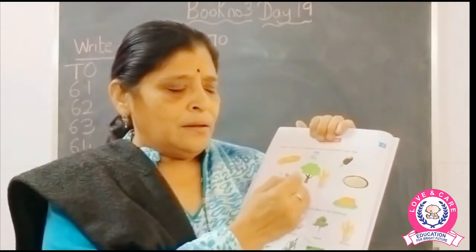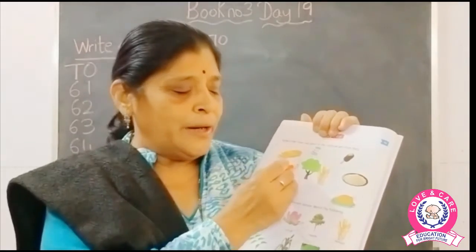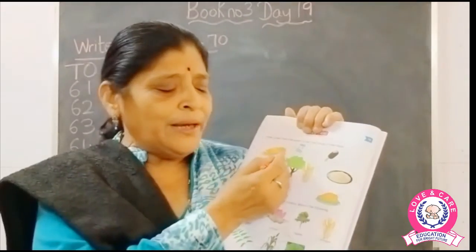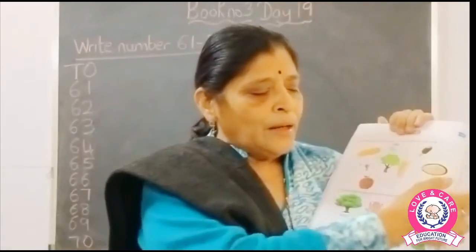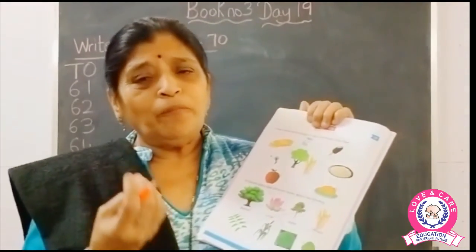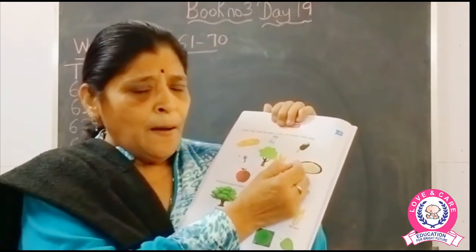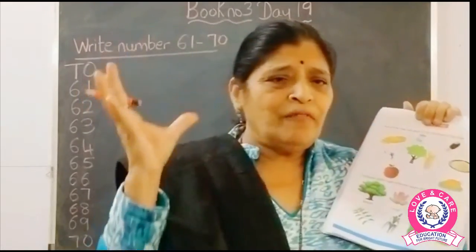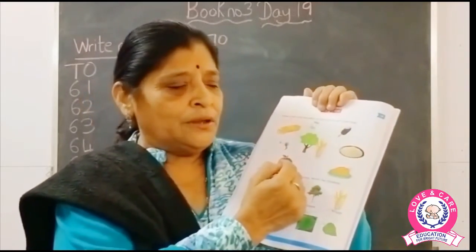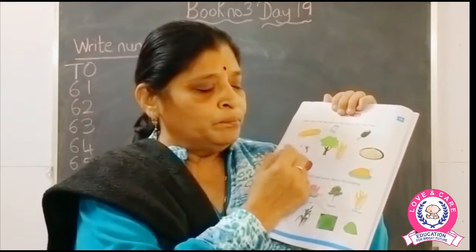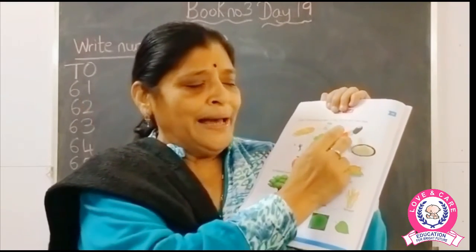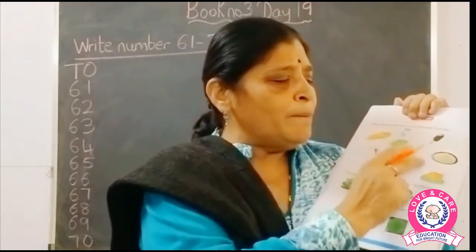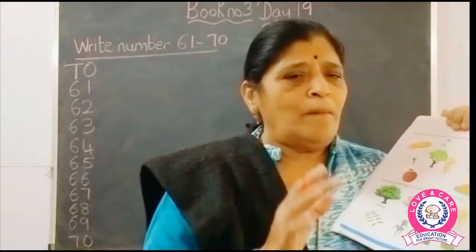This is a plant. You have to draw it. See this bread. We get wheat, and bread is made from wheat, so we get it from the plant, so match it here. Now here, rice, we get it from the plant, so match it with the rice. Fruits, apple, we get it from a tree, so we have to match it here, children. Egg? No. Chicken? No. Ice cream? No. Milk? No. Only draw the line from the plants to the food we get from them.